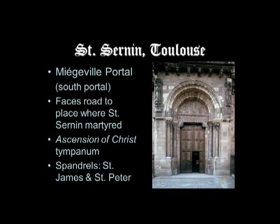at St. Sernin. They face the road not only to the center of town, but it faces the road to the place where St. Sernin was martyred. Now, St. Sernin, his Latin name is Saturninus. Now, St. Sernin was the first bishop of Toulouse, and he was martyred by being tied to a bull and dragged to death. So all these centuries later,